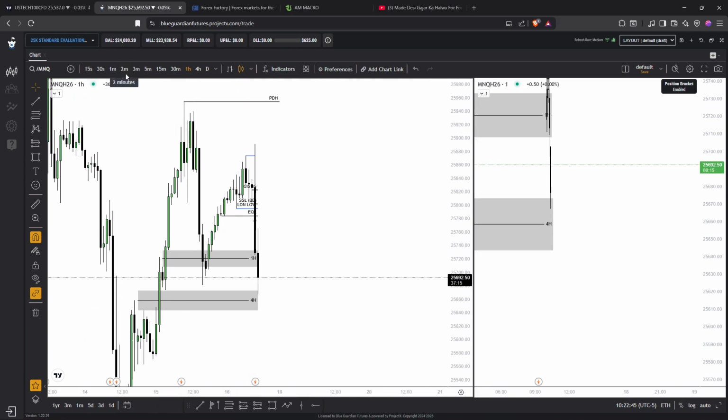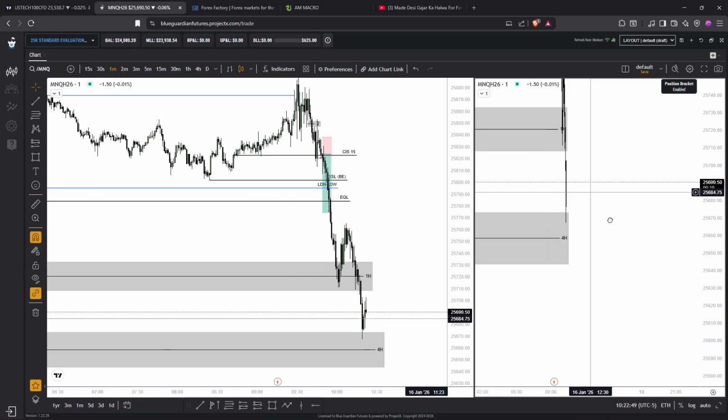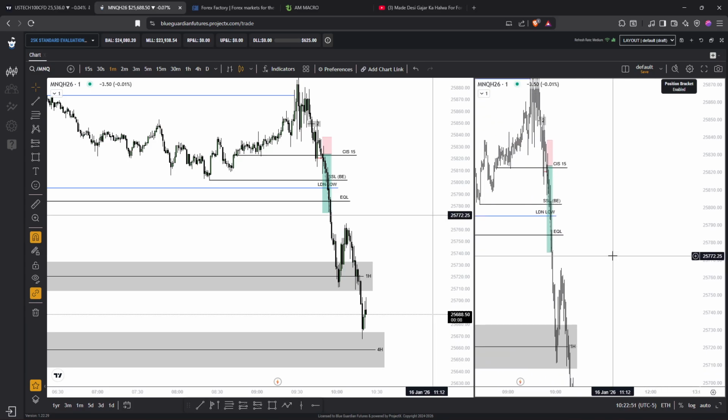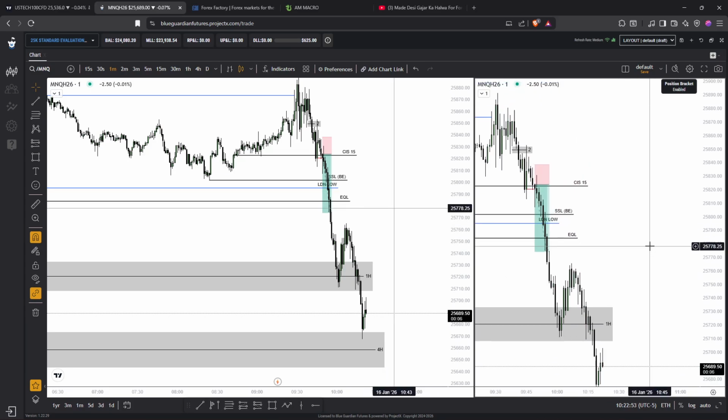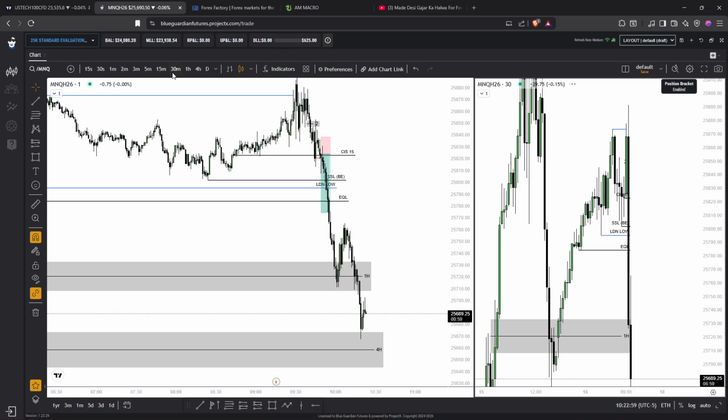Today we are going to be doing the trade recap of a trade I had taken just a few minutes earlier. I'm going to do a quick overall walkthrough of what I've seen in order to take the trade. I've taken the trade in the 30-second time frame. First, I went to the 30-minute time frame,